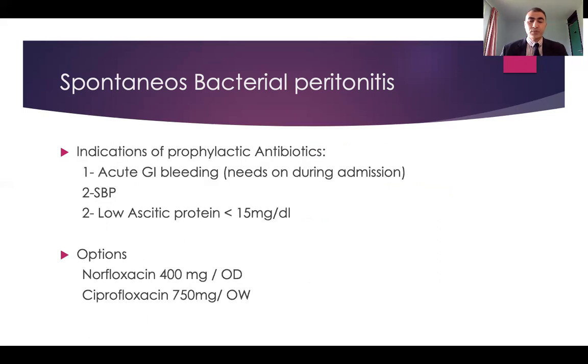If the patient has developed SBP once, or has a serum ascitic fluid protein of less than 15, then you should continue on long-term prophylactic antibiotics, norfloxacin or ciprofloxacin. If the patient comes into the hospital with acute GI bleeding, you should start him straight away on IV antibiotics